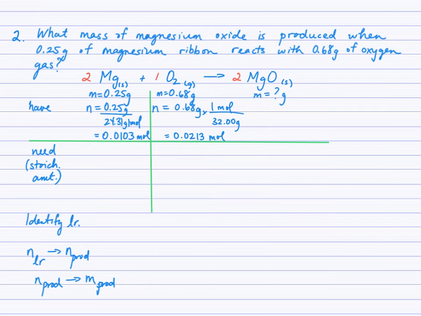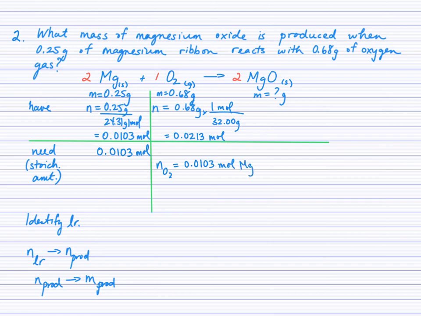For example, generally I pick the first one, but it doesn't matter. So pick one of these moles. And yes, I kept a few extra digits beyond the sig figs. I'm not rounding, I'm not at the final answer yet. And now I'll look to figure out the stoichiometric amount of O2 that's required to react that 0.0103 moles of